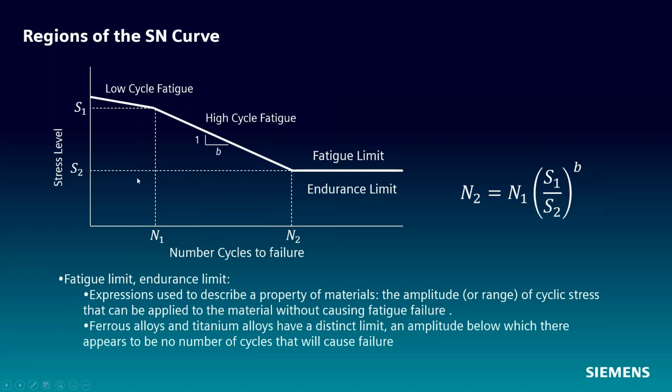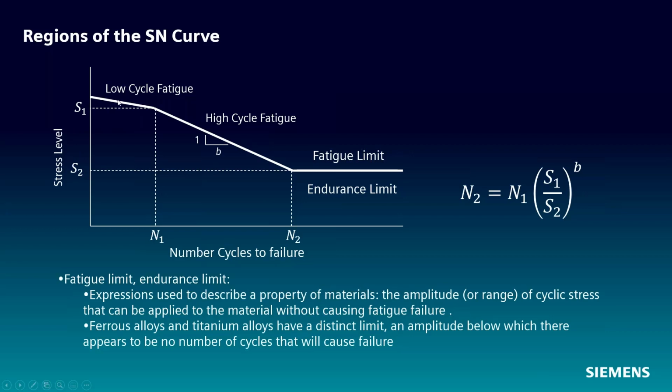And what this curve is representing is the number of cycles to failure of a particular material given the stress levels that are applied. The amplitude of the stress level, that's the amplitude of a cycle, right? Correct. Not just the static stress. The amplitude of one cycle of applied stress.